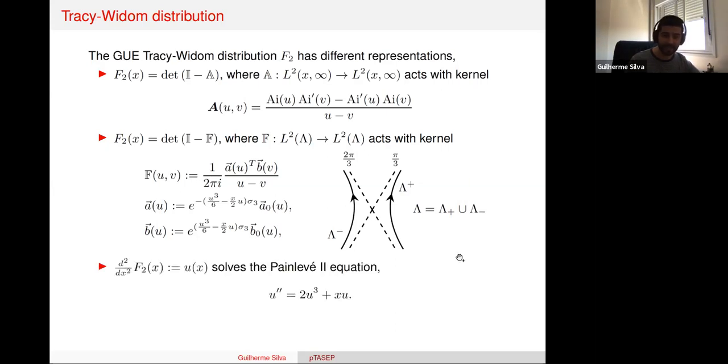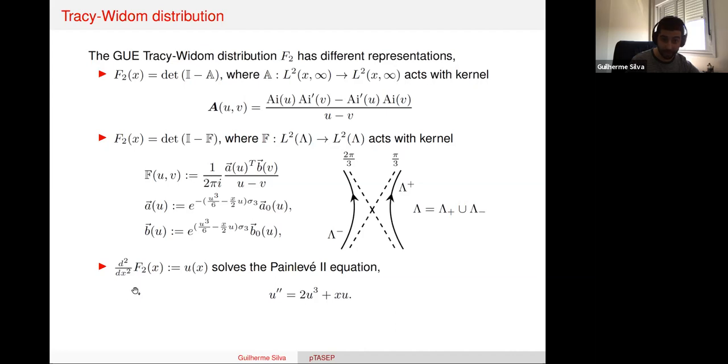Okay, and a third, and perhaps to some extent the most surprising one at the time it was found, but now most people are familiar with it, is the representation of the GUE Tracy-Widom in terms of the Hastings-McLeod solution to the Painlevé II equation. So this just means that you should take the second derivative